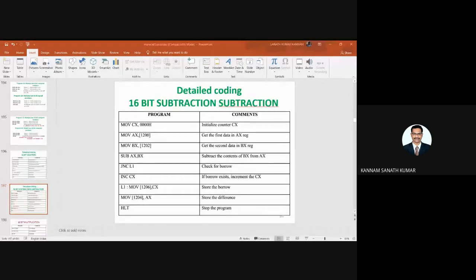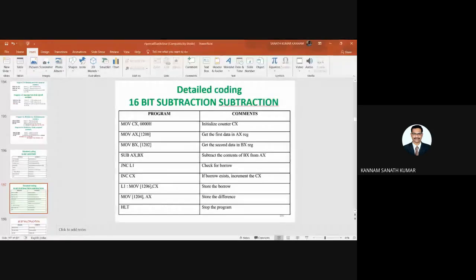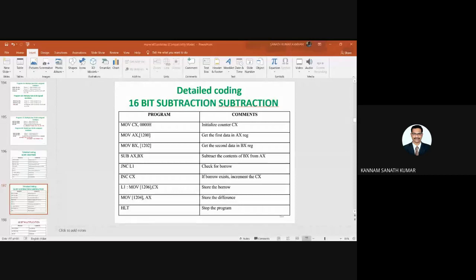Now see this program, it is the same as what I said, but in the place of add there is a subtraction operation. First you initialize the count, and whatever value is present in 1200 and 1201 you move into AX, and 1202, 1203 you move into BX.